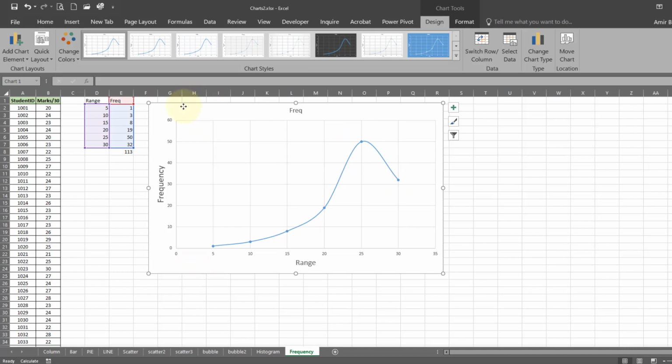So this is how you can create a chart using the frequency, or in fact this is how you can find the frequency of different values or different range within a data, and on the basis of this small information or data that you have here, you can create a chart. This chart can be anything. It can be a line chart or it can be some other type of chart.